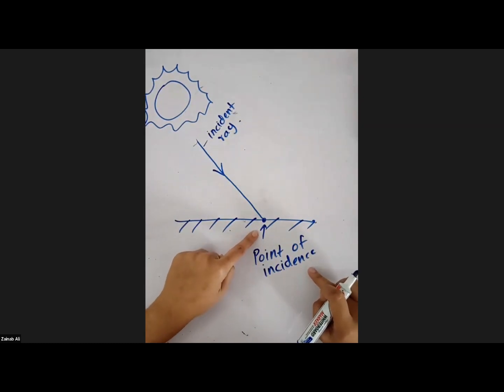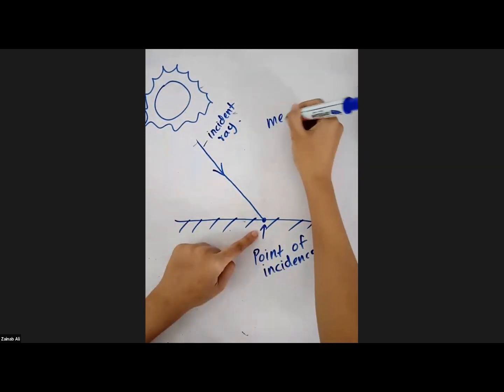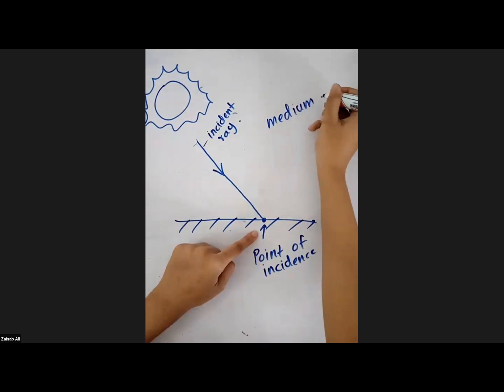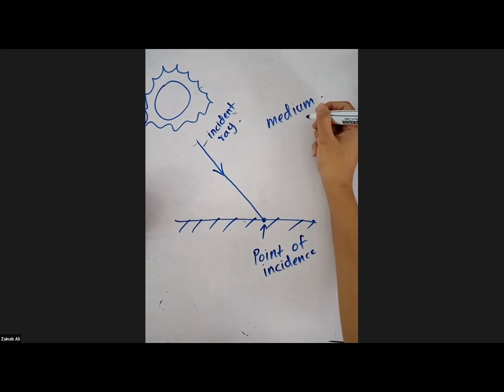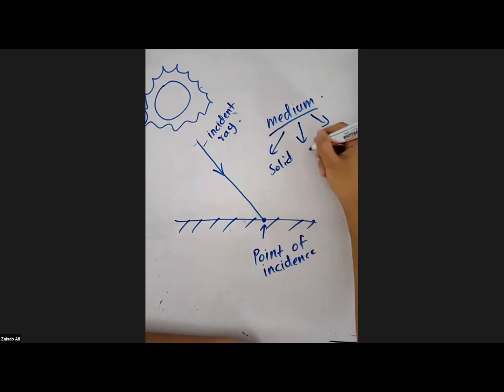Now, I want to ask you all something. Do you all know about the three mediums? Not English medium, Sinhala medium, Tamil medium. Do you know what the three mediums are? Anyone who knows can answer through the chat. What are the three mediums you know? Very good, Nahma. The three mediums are solid, liquid, and gas. The three mediums are solid medium, liquid medium, and gaseous medium.